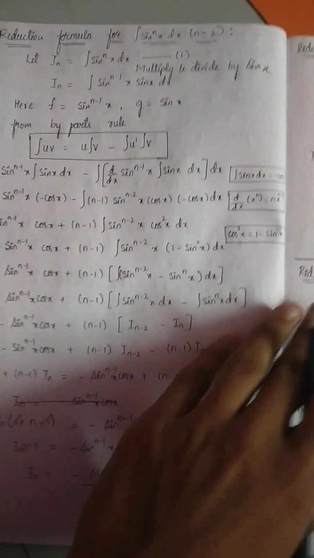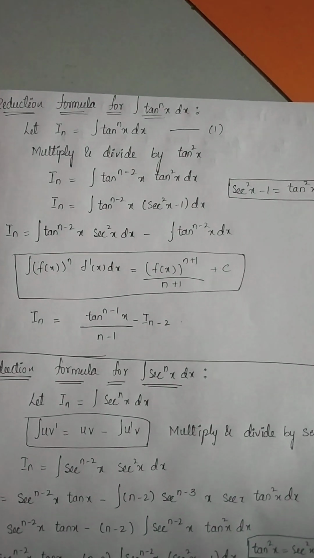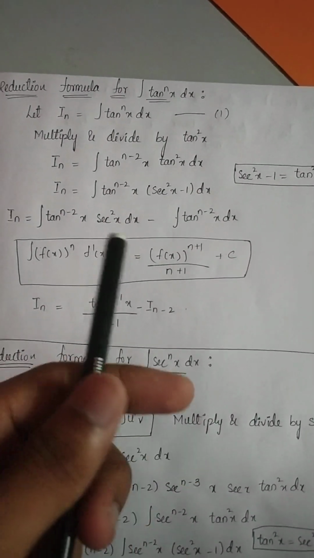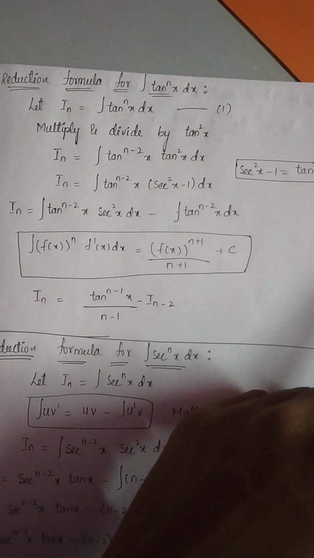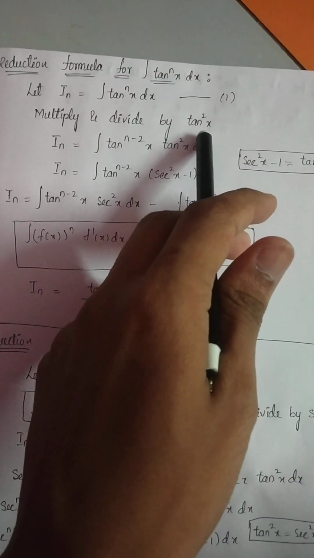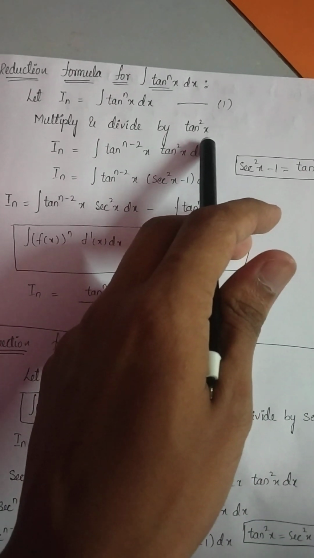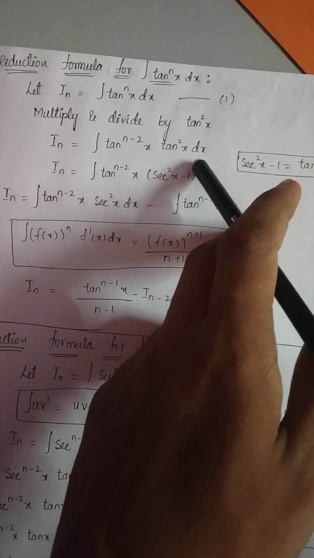So next we are going to do the reduction formula for integration of tan^n x dx. Same process, we'll take this as equation number 1 and we'll mark it as I_n. So in this question we will just multiply and divide with tan^2 x. So what we get, I_n equals integration of tan^(n-2) x tan^2 x